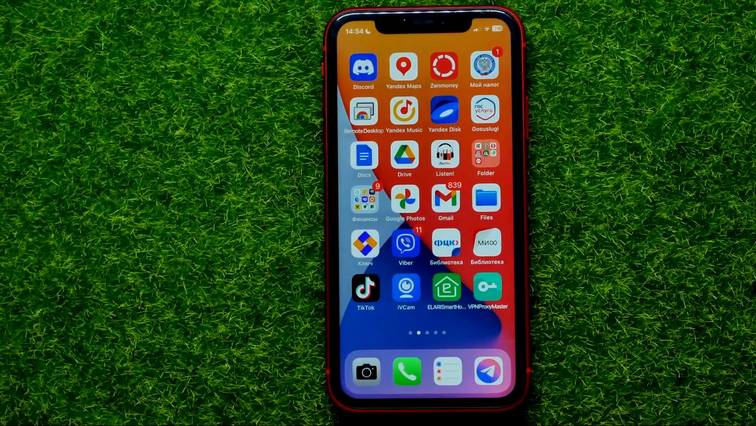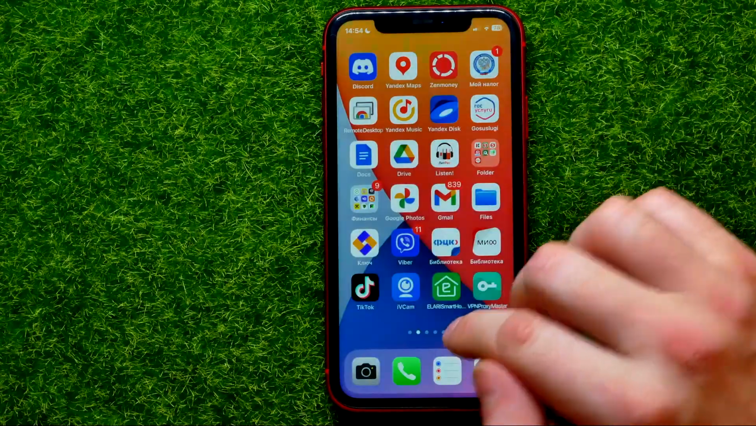Google Photos. Be sure to watch the video to the very end so you don't make any mistakes, and of